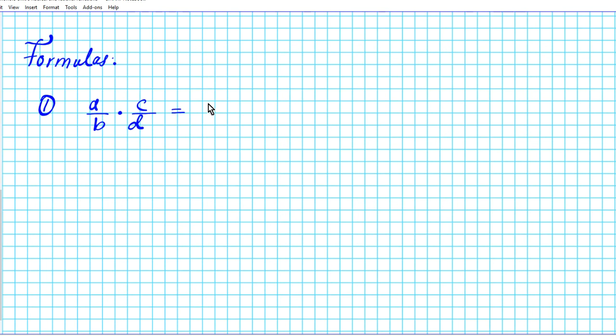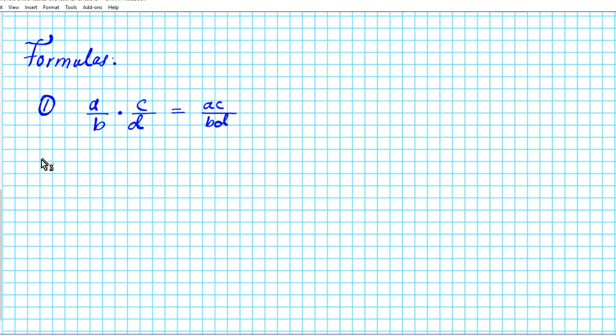Numerator times numerator, ac, divided by denominator times denominator, bd. One thing you want to remember is that whenever you are multiplying or dividing fractions, you do not need the LCD. Finding the lowest common denominator is only applicable to finding the sum and difference of fractions or